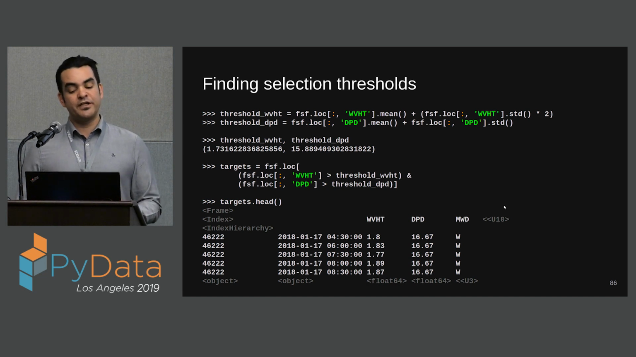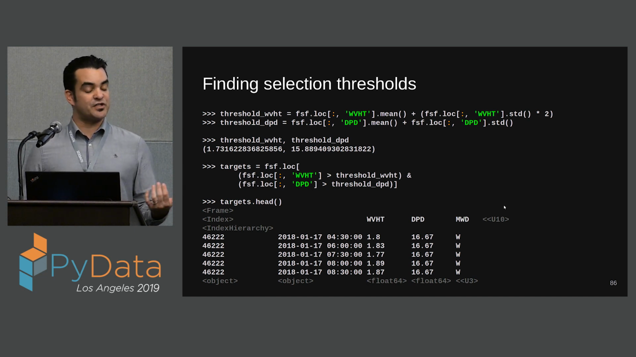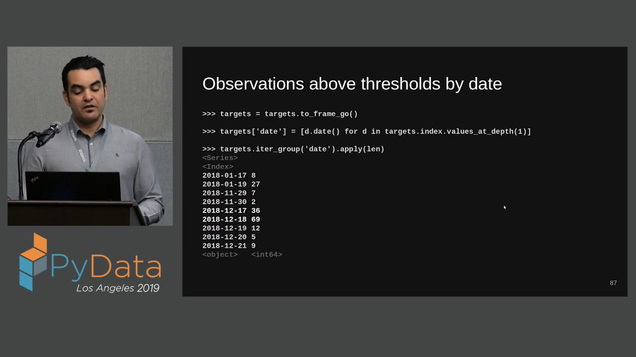I'm doing the Boolean intersection of 2 Boolean arrays where I find the values that are greater than the thresholds I found, and that gives me a bunch of target records, and we can see those target records there. So now all I need to do is reduce the timestamps into dates. I'm going to do that by iterating over the values in the index and calling date on them to get a date object. And then I can simply do a group by on the dates and apply a length